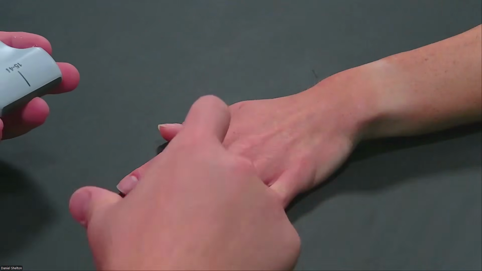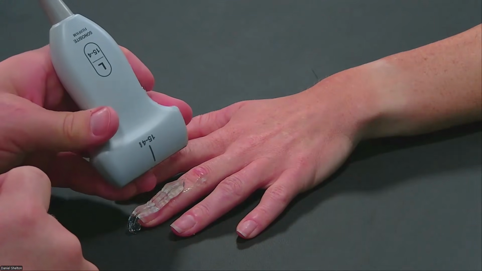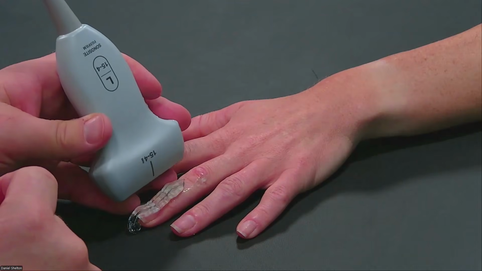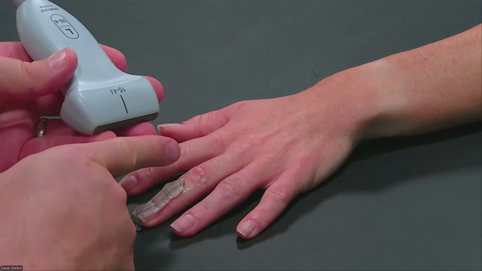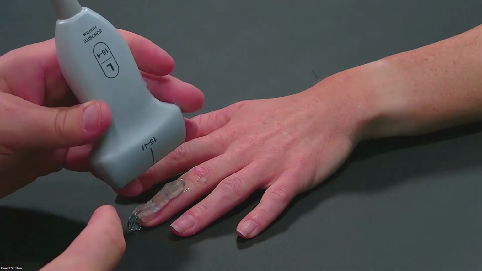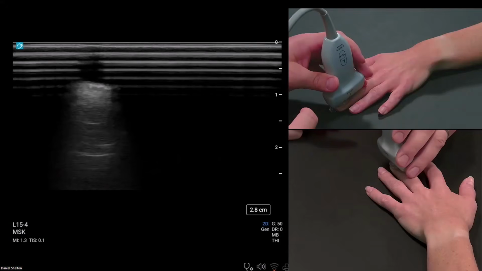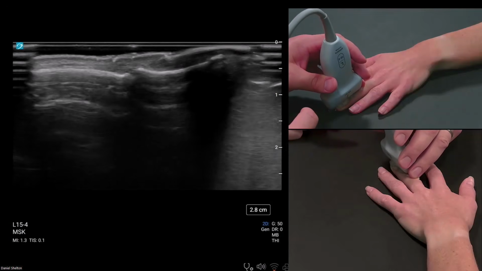So I just lay down a nice bead of gel there, hanging my finger underneath the transducer and bracing that onto her finger first. I've got 2 fingers here, and that's going to allow me to stay very, very steady and level. So 2 fingers bracing down into that gel heap helps me descend my transducer into the gel.